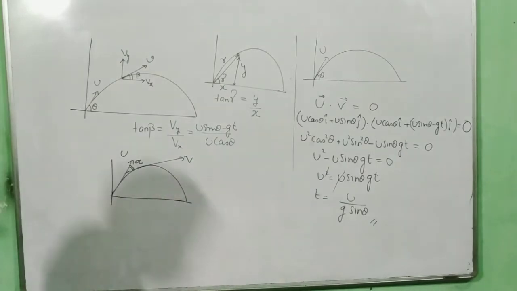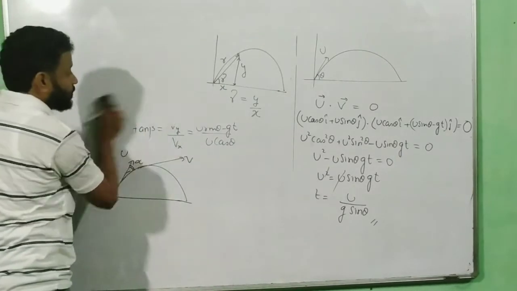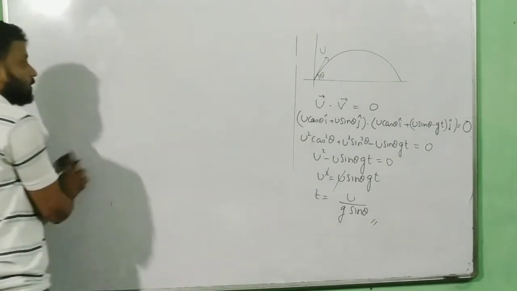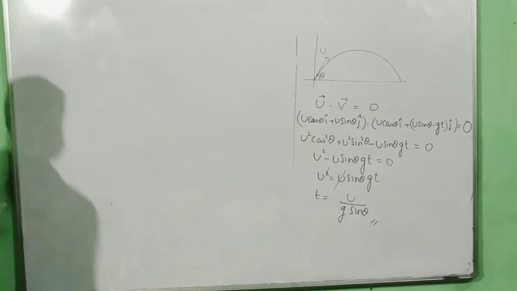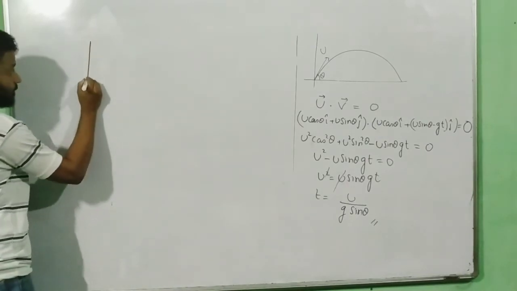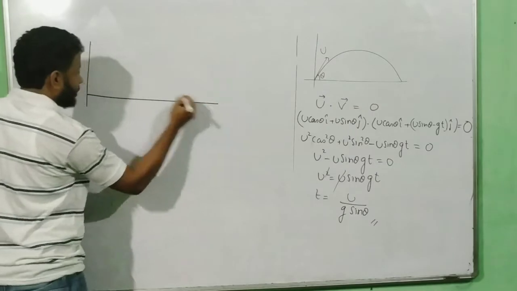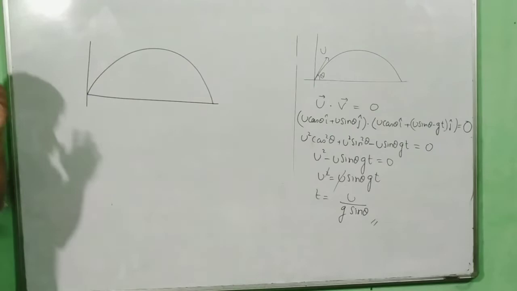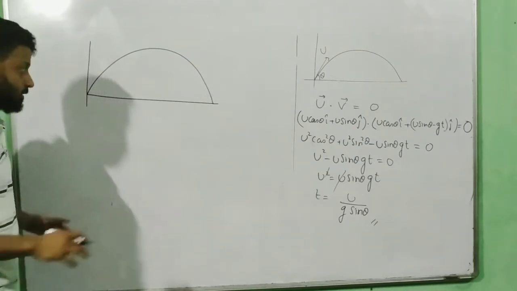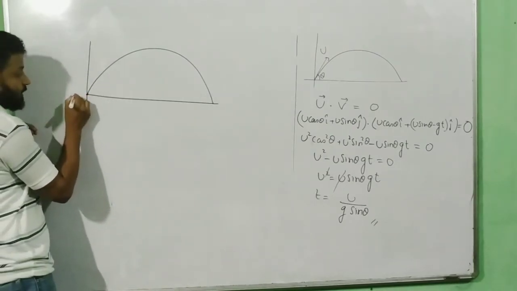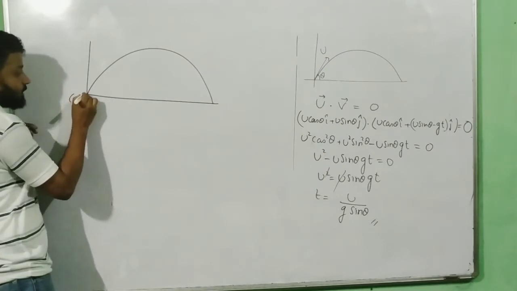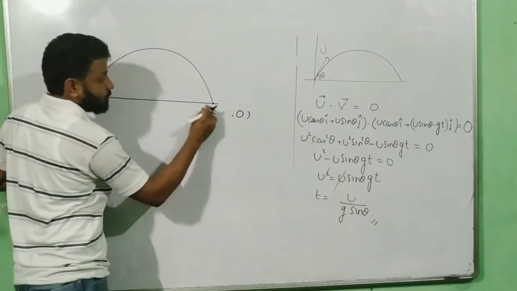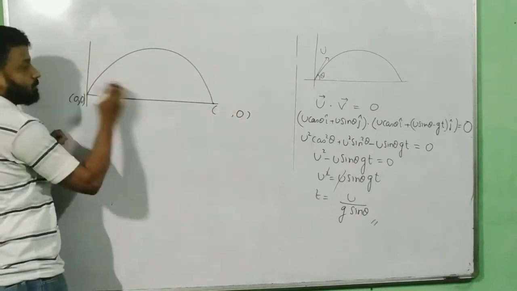Now very quickly I am going to derive the formulas for maximum height h, time of flight, and the range. To do all these things, you first have to know the concepts of the coordinate system. In the coordinate system, this is called the origin, 0, 0. This point has a y coordinate of 0 because it has come back to the ground, so there is no y displacement at this point.